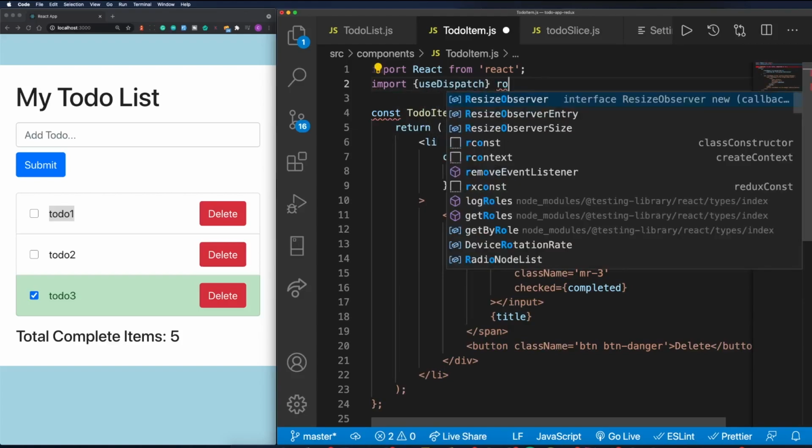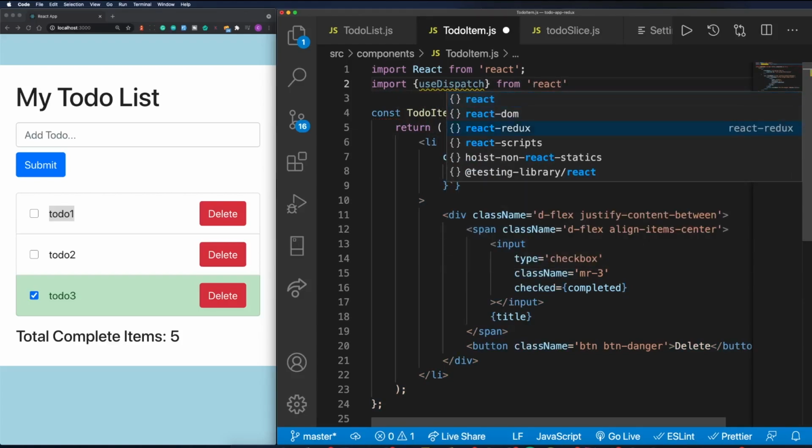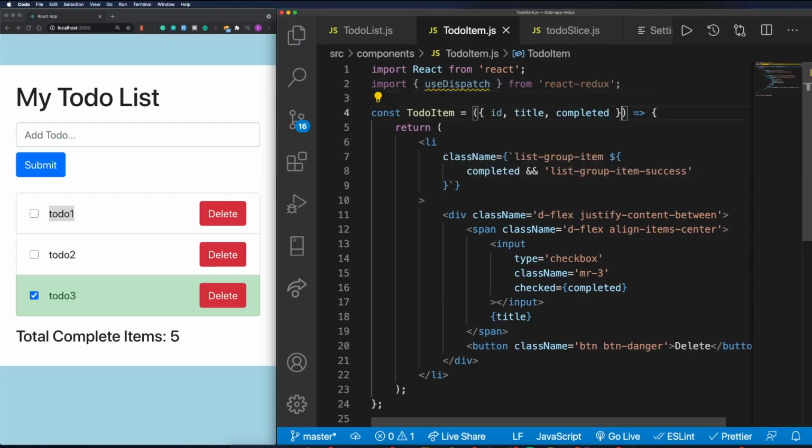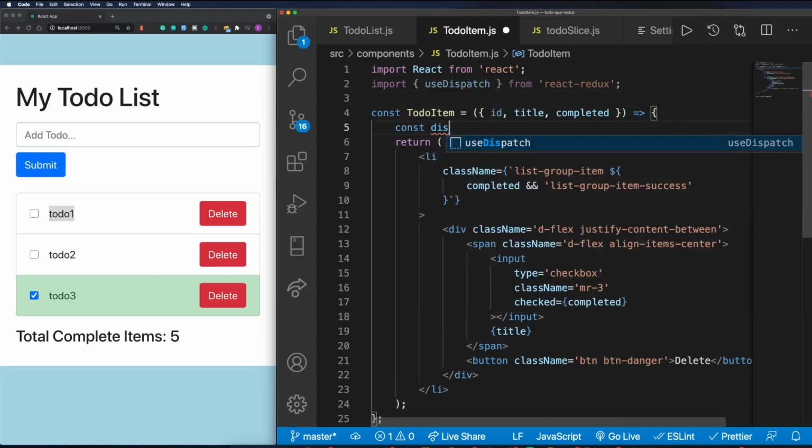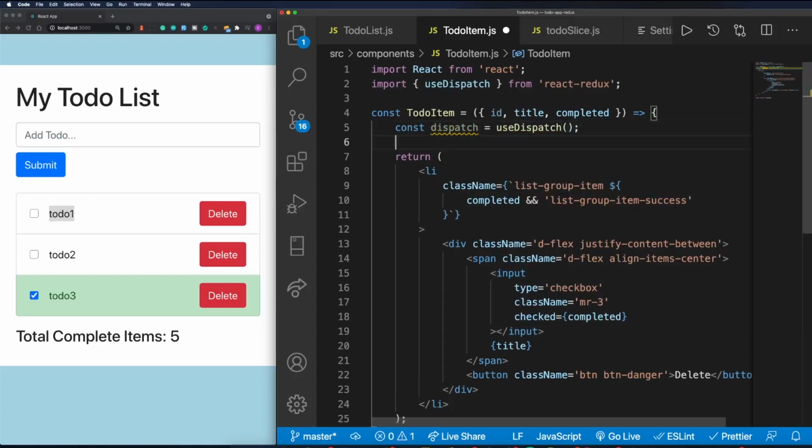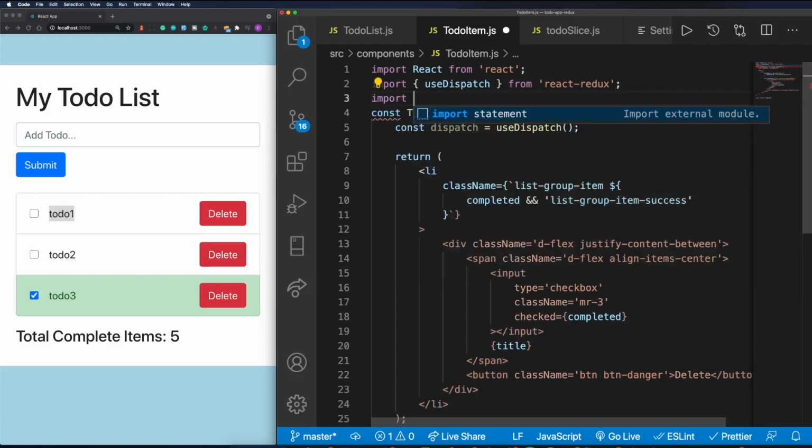Import useDispatch from React Redux. And we'll assign this to a variable. So say const dispatch is going to equal useDispatch. This will let us dispatch actions. Next, we want to import the action we want to dispatch. So we'll say import toggleComplete from